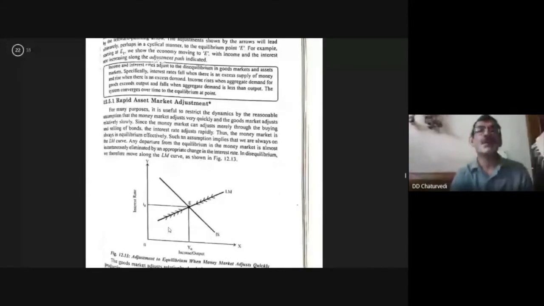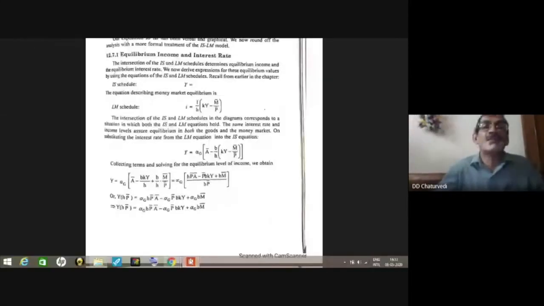So this is the formal treatment of the IS and LM model. The derivation which is before you is section 12.7.1 from Introductory Macroeconomics by D.D. Chaturvedi. So we have the IS schedule,